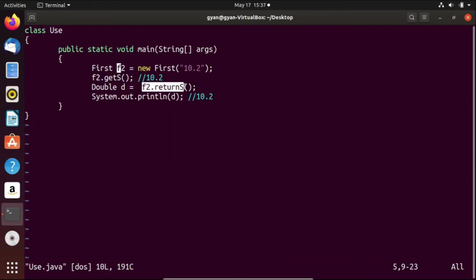This is everything that is going to happen here because the type parameter is treated as java.lang.Object. That's why here the returnS method returns a reference of type java.lang.Object, and we are trying to store the reference returned by f2.returnS into the variable of type double, and that will cause a compile time error.